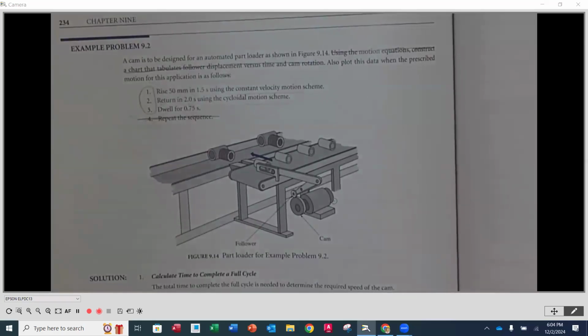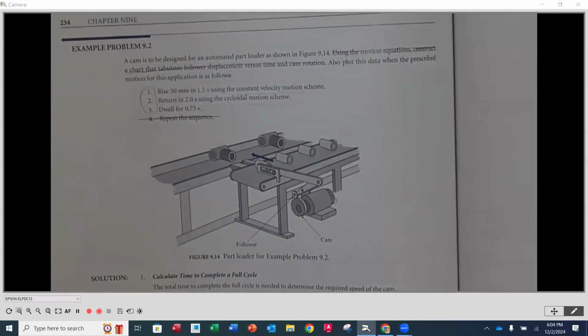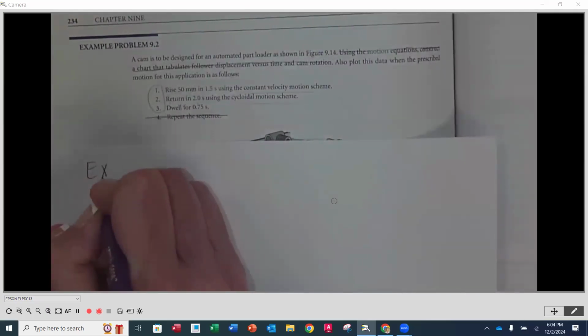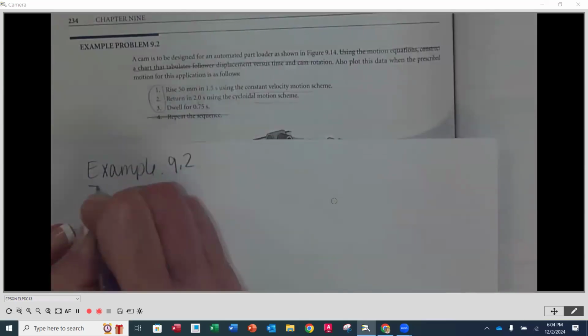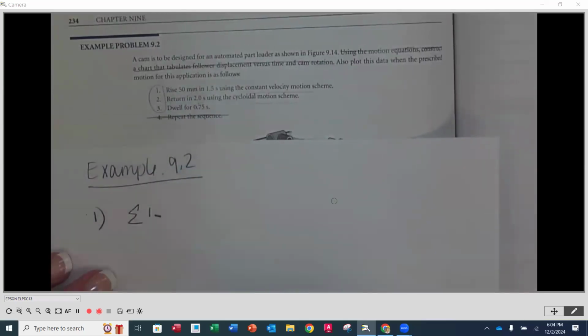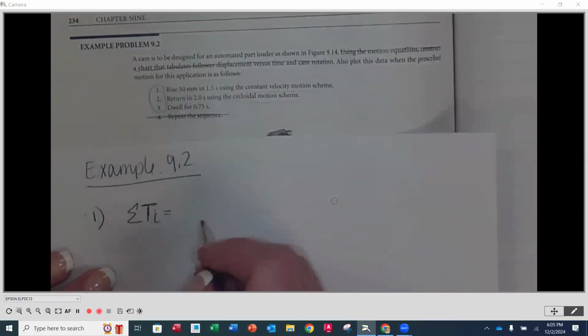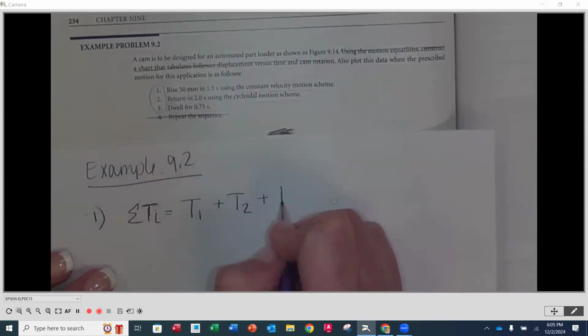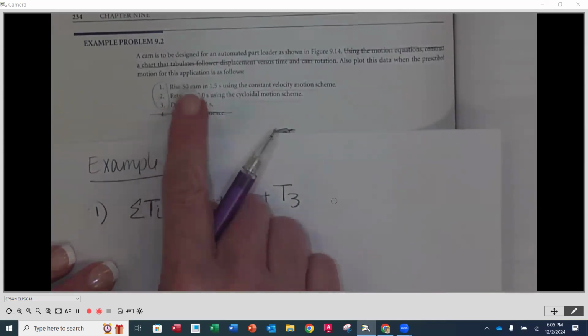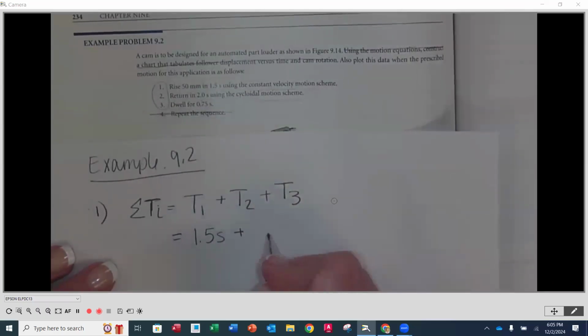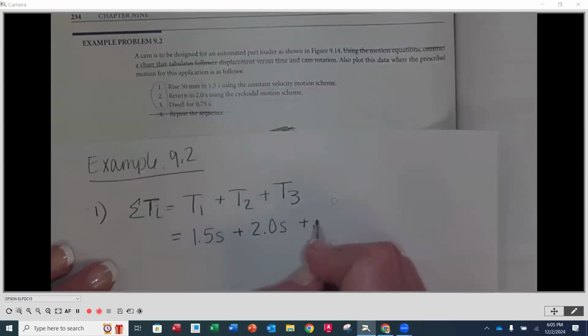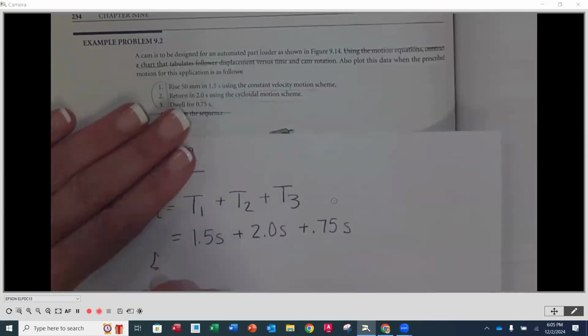Okay. So the first step, just like it was in example 9.1, is we're going to determine what is the total time that we need for this particular motion or sequence of motions. Okay, so we're going to start off here. Example 9.2. And step number 1 is we're going to add up our times for our total time. So like we said, we have 3 steps. So we're going to have T1 plus T2 plus T3. So we want to put each one of those in here. So the first time is going to be 1.5 seconds plus 2 seconds plus 0.75 seconds. So our total